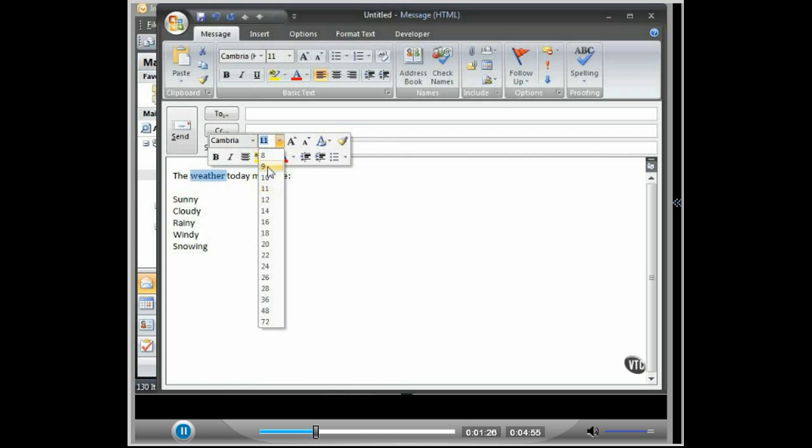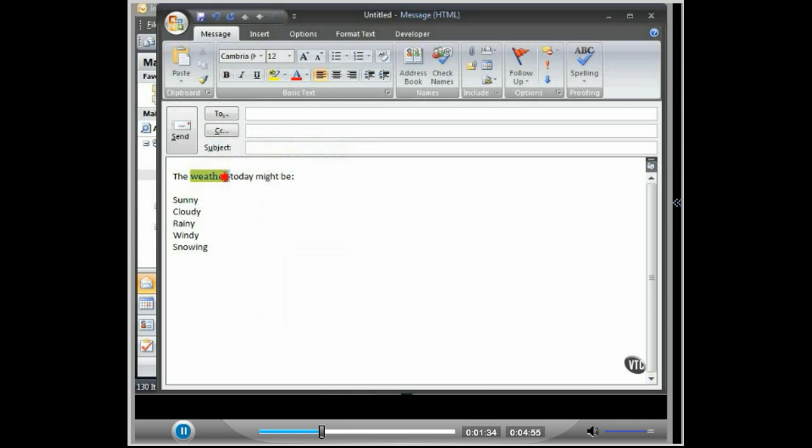I can make changes to the font size. I can make very basic highlighting, change the color, change the highlighting, and so on, change it to bold. All the things that I can do typically with just a piece of text, basically I can do with that formatting palette. Those are essentially the options you see in this message tab of the ribbon under basic text. So it's just to save you a trip up, to reduce the amount of clicking that you do, and that's something that you'll see throughout the rest of Office 2007, to reduce the number of click steps it takes